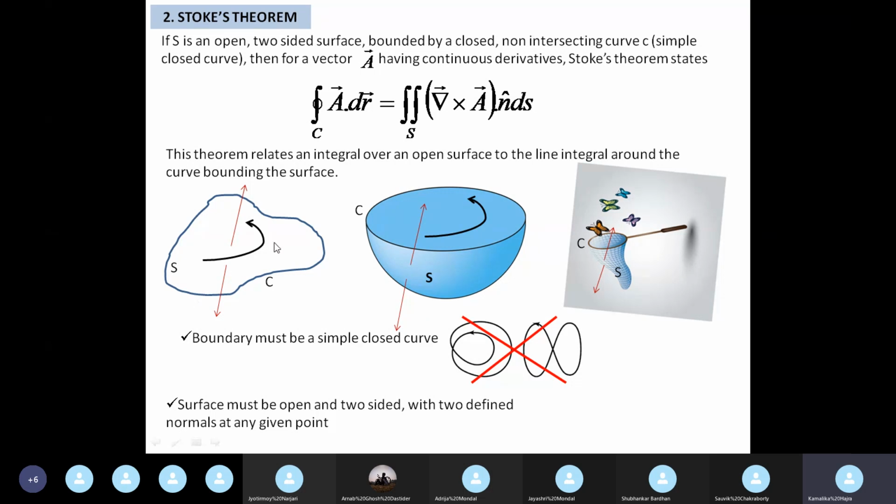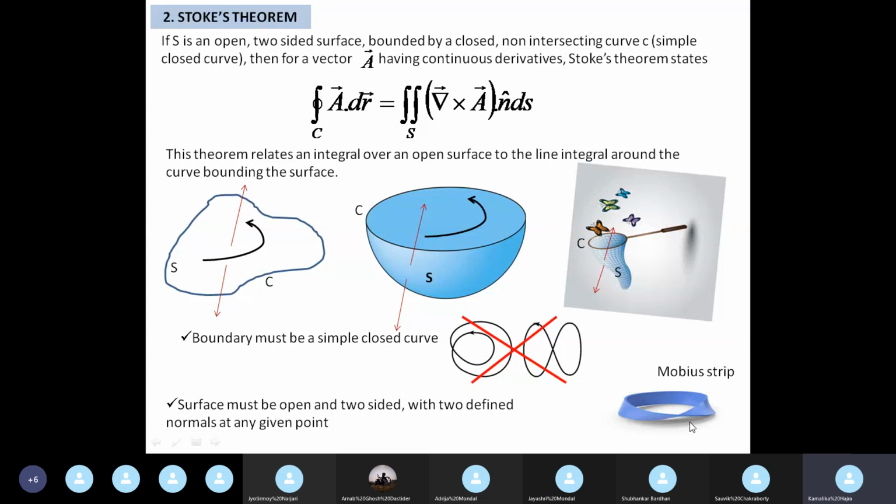You take any other point on this surface or this surface or this surface, you can find two normals at any given point. But I would say 99% of open surfaces in this universe are two-sided, but there are exceptions. For example, the Mobius strip. Those who are interested can Google a Mobius strip. A Mobius strip is something like this, and at any point you do not get